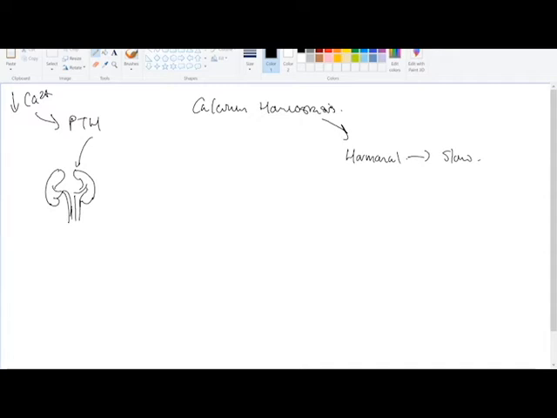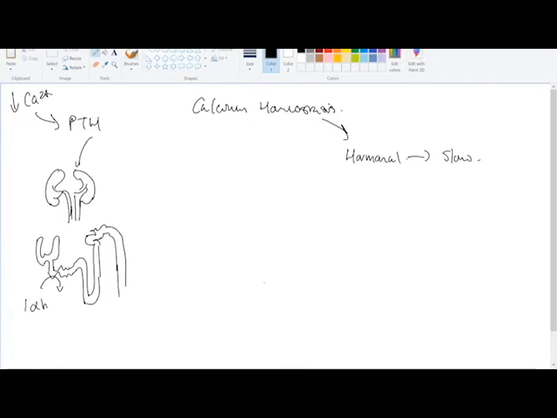And what it's going to do in the kidney is as follows. So if we now zoom in on a nephron, proximal convoluted tube, loop of Henle, up into the distal convoluted tubule and into the collecting duct. It's going to do a couple of things. Parathyroid hormone is going to stimulate in the proximal convoluted tubule